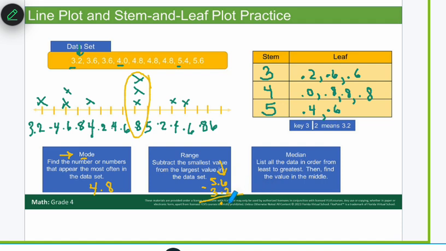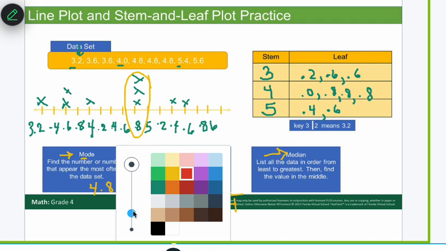6 take away 2 is 4. 5 take away 3 is 2. So I'm going to get 2 4/10. Let's talk about the median number. Remember, the median number is kind of like medium, like a medium pizza. It's a middle-sized pizza. The easiest way to find the median number is to actually go to my number line